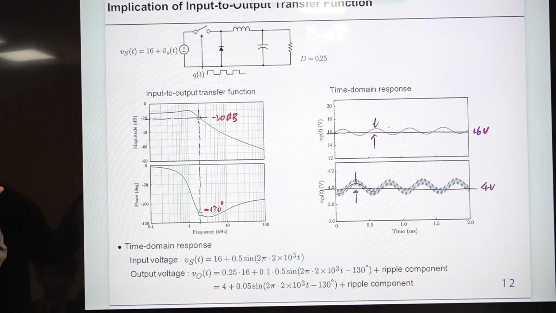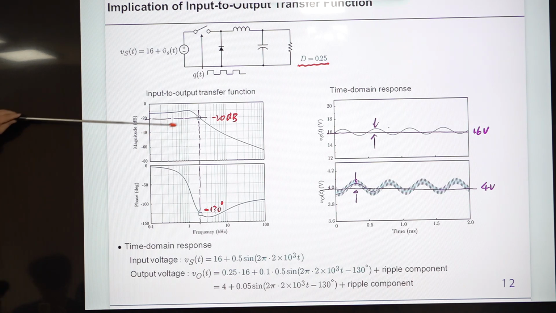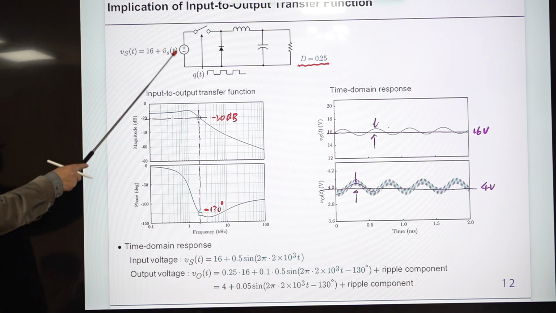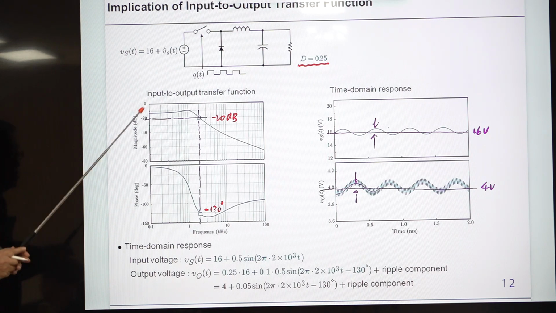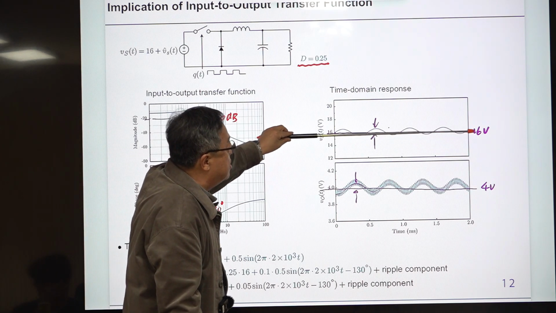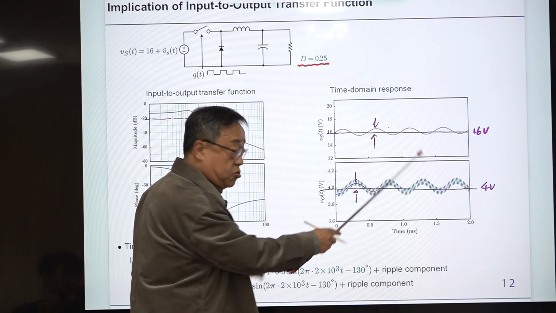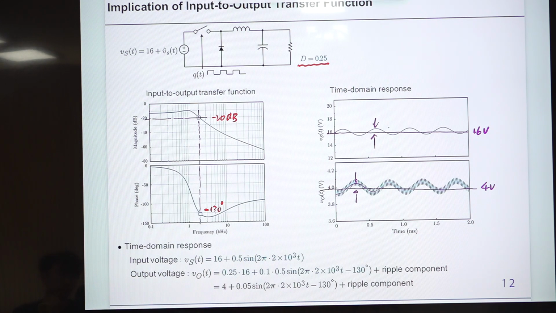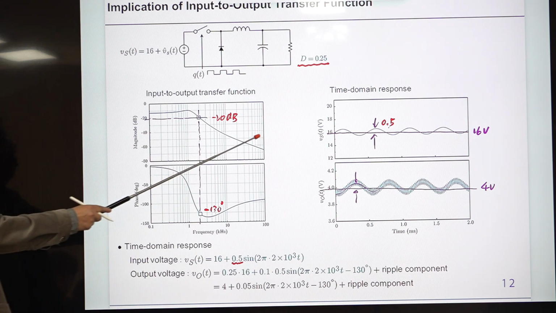This is a steady state, okay? It periodically turns on and turns off, and assume the duty ratio is this one, okay? So duty ratio is fixed at this value. Originally, the input voltage of this converter was 16 volt. It was fixed. Okay. But you add this sinusoidal component. So the average value is 16, but some sinusoidal component is superimposed on it. And the magnitude of this is this one, 0.5. Okay. So 0.5 is here, and the magnitude of this sinusoidal oscillation is 0.5,